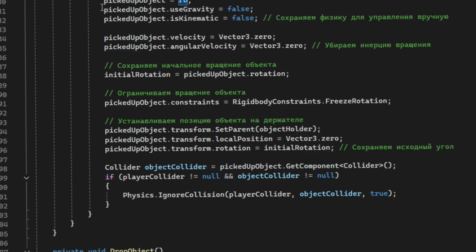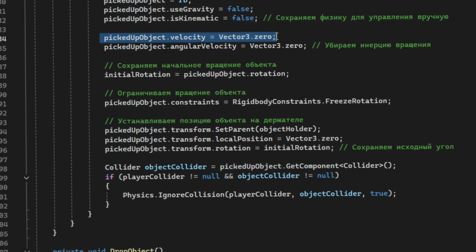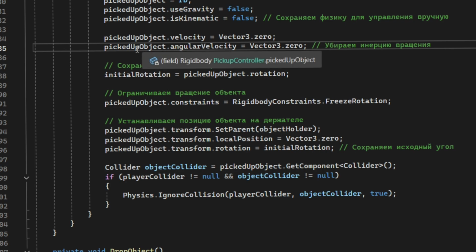We pick up the object. The object which we picked up, we set the gravity to false, so it will not rotate by itself, and we will use the physics to turn the object, to rotate it, for example, by ourselves, controlled by setting kinematic to false. In this part we delete velocity, so it won't keep turning around by itself. Sometimes it happened to me. Then in the next part